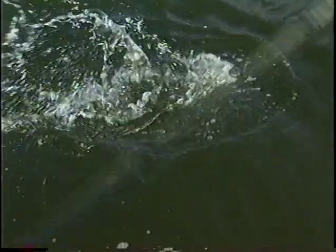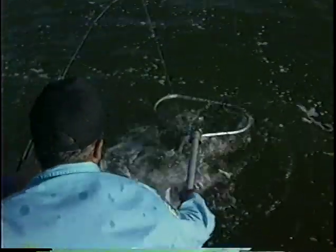Ooh, look at the size of that sow trout Bill's got. That's a nice one, isn't it? Tell you what, Keith, that is a really good one. I'm going to try to ease the net on this one. Look at that. We got a double up. This is another good one. Look at the size of these trout, folks. Let's net them both and leave them in the net at the same time, Keith. Okay, lead yours in. There we go. That right there, friends, that's...